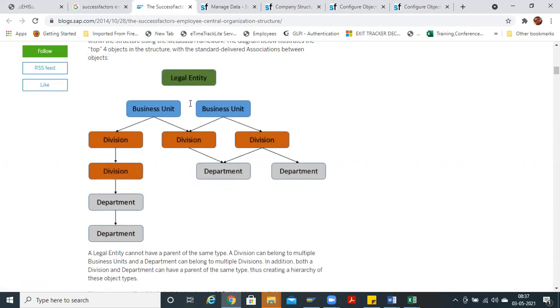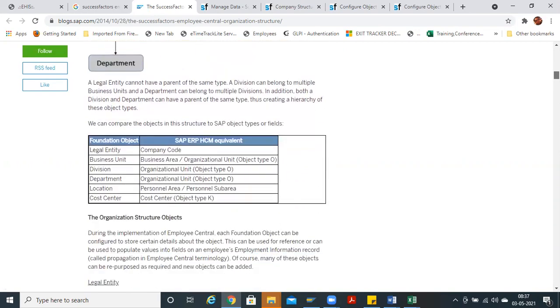Yes. Company code is nothing but legal entity here. If you go here, legal entity is company code in SAP language. You are just mentioning the top company, which is legal entity in SuccessFactors. Then you are associating it with business unit, which is nothing but organizational unit in SAP term. Then division is also organizational unit, but sub-org unit, you can say in SAP term. Department is again the subdivision of division, that is again the sub-org unit of division. Then location here in SuccessFactors is like personnel area and personnel sub area. Then cost center is anyhow the cost center in SAP.